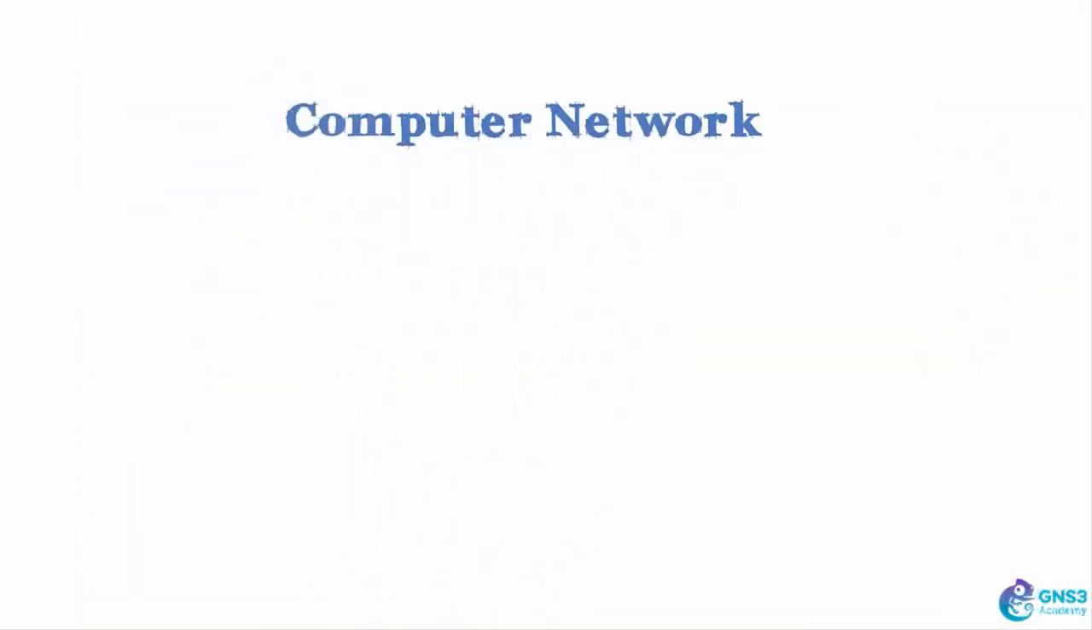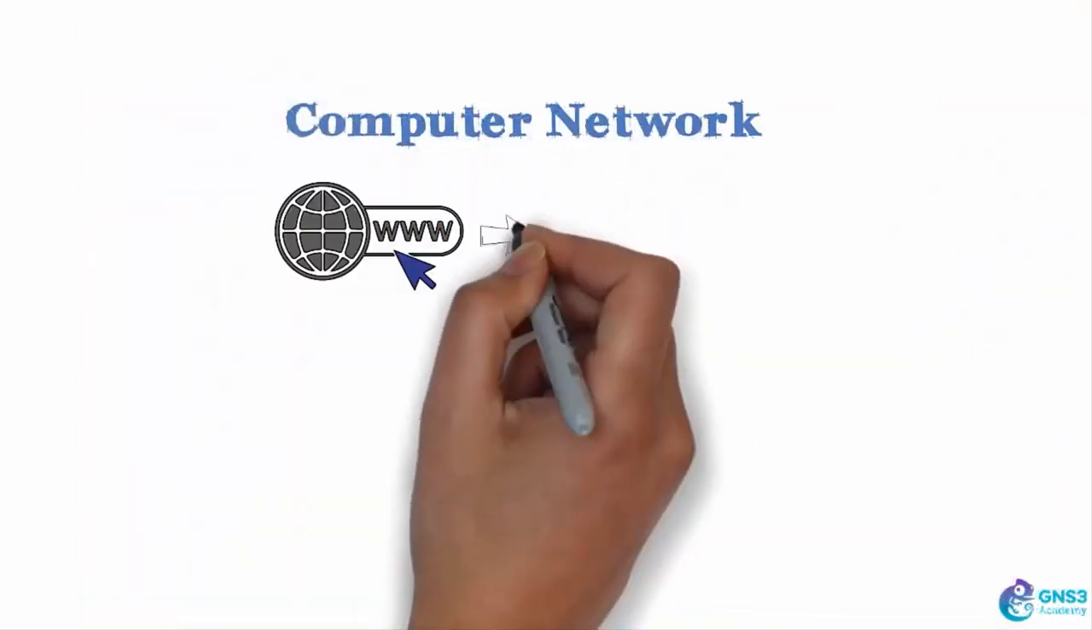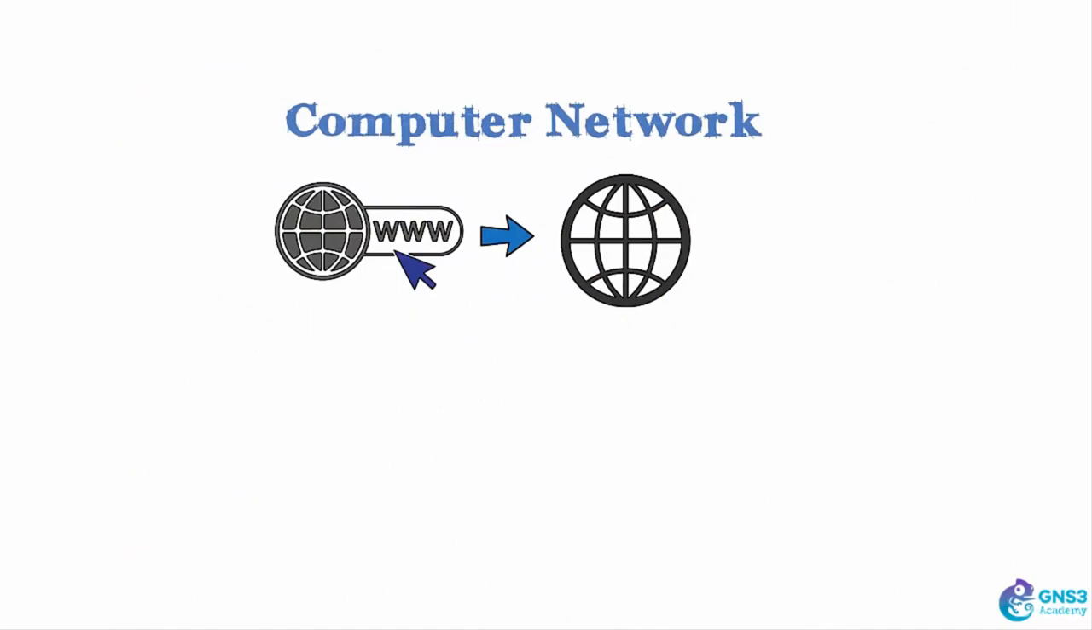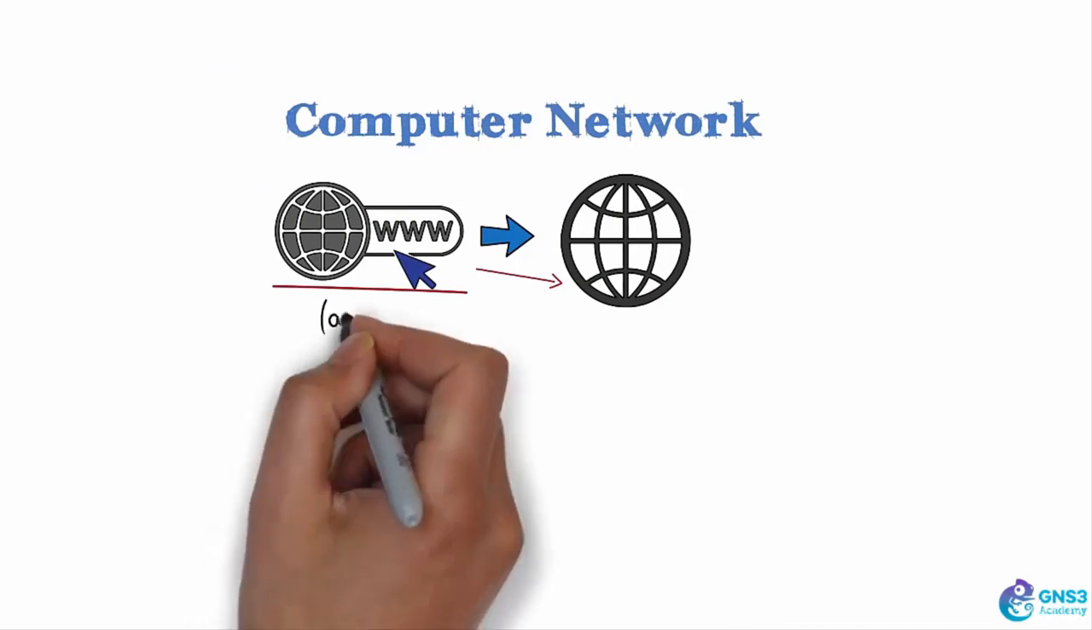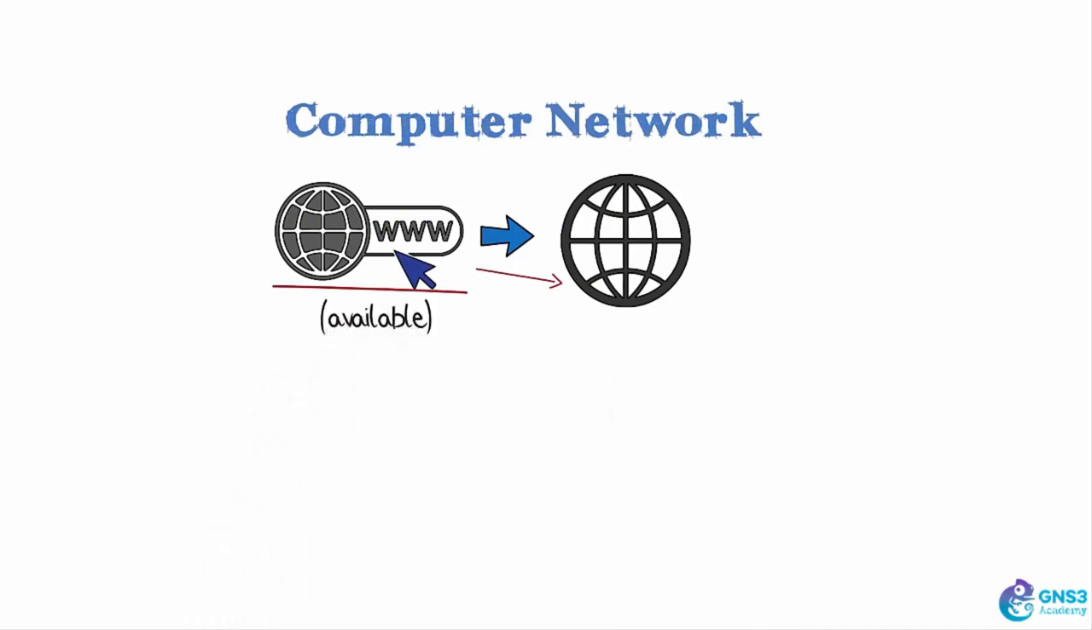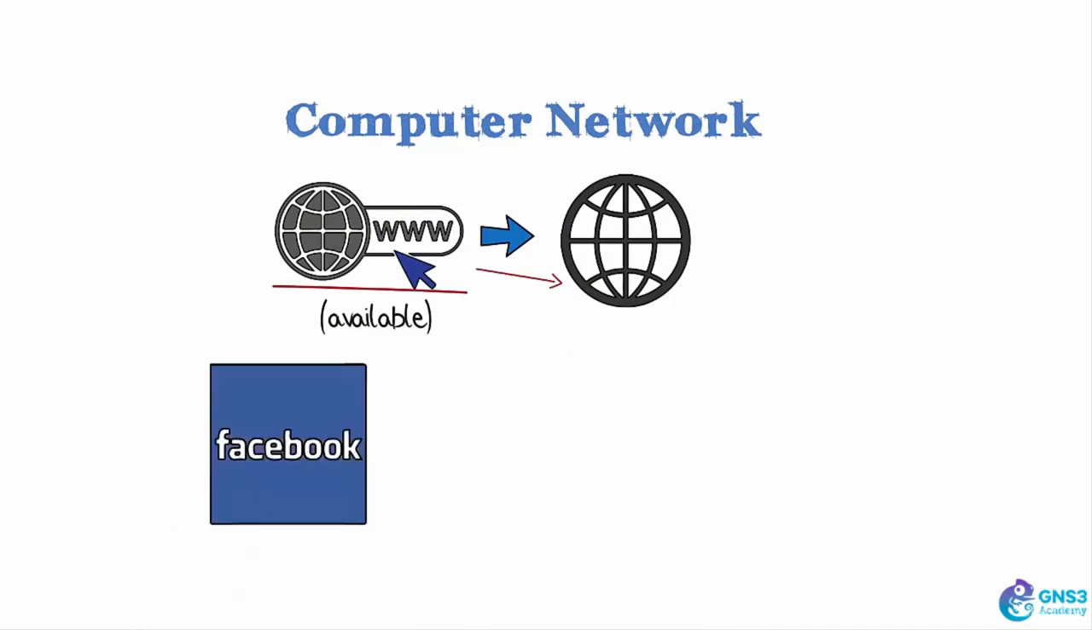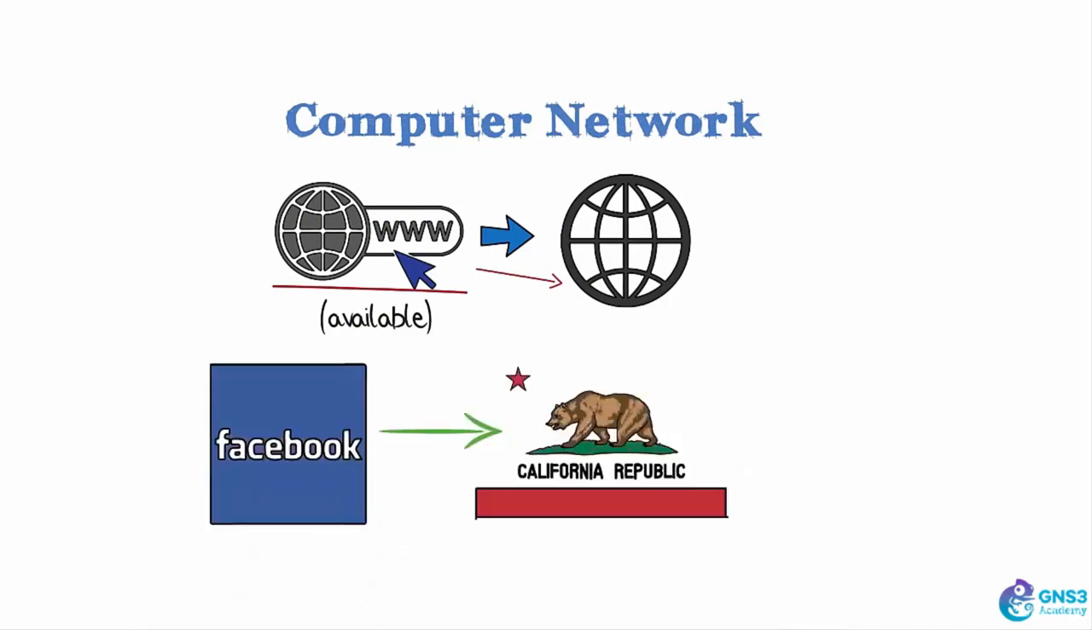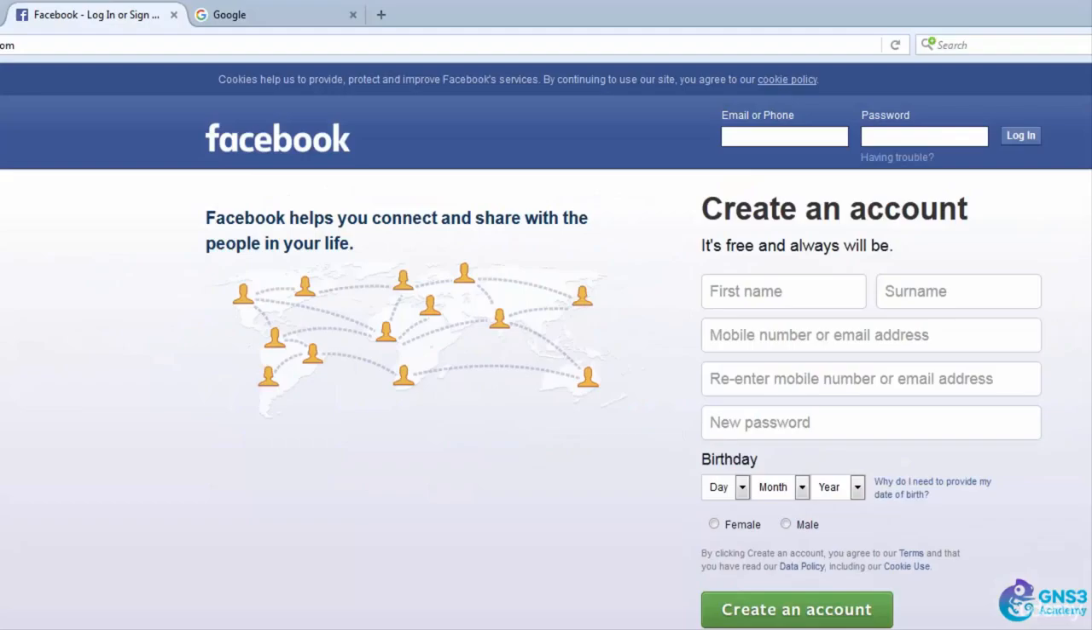Computer networks allow us to connect to websites on the internet. You may have connected to many websites on the internet and just taken it for granted that those websites are available from almost anywhere in the world. In this example, I'm connecting to Facebook in California from the United Kingdom. Complex networks such as the internet